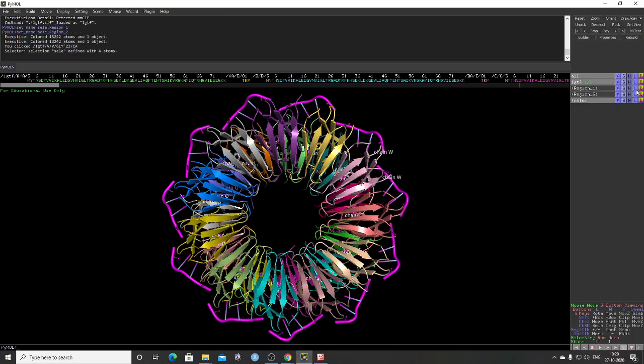Now we have to remove the label. So you go here in the label again, clear it. So the label is removed. Now we want to select one amino acid. For example, this amino acid is there, and we want to select one particular amino acid. This is leucine.